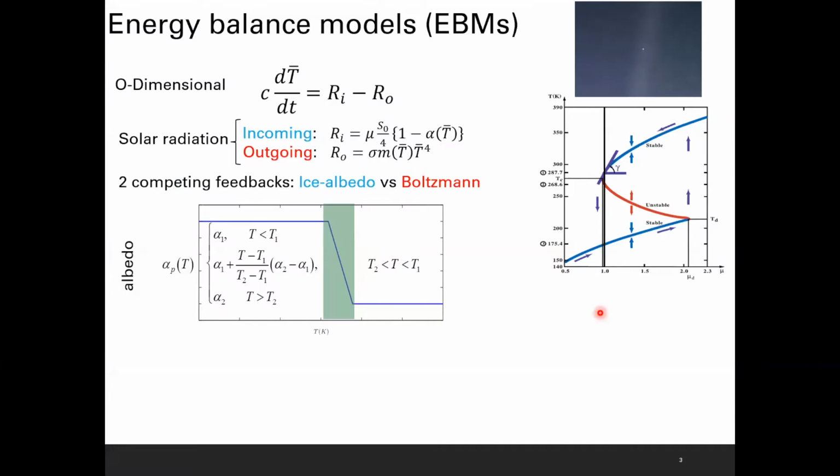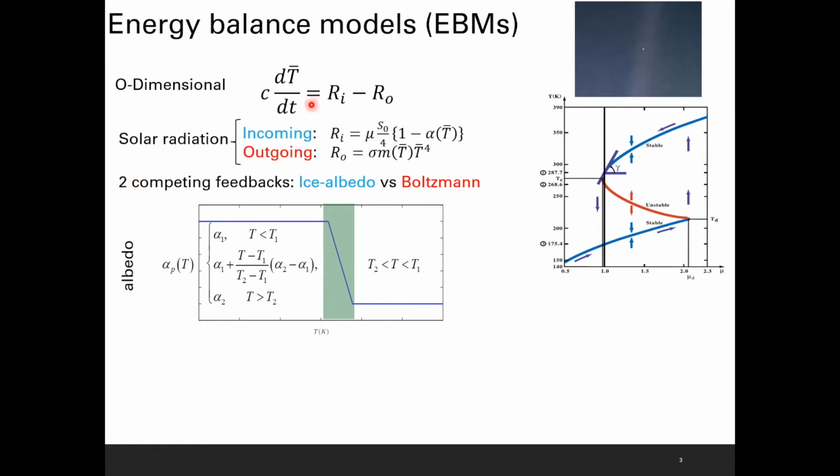Okay, now the easiest way to start here is by introducing the concept of an energy balance model, and the easiest way to see the Earth system is literally as one degree of freedom. For instance, you see here in this really nice picture the pale blue dot photo. This is Earth from very far in space. If you basically see the Earth as a point and the only variable of care is temperature,